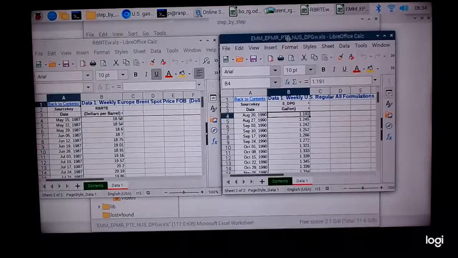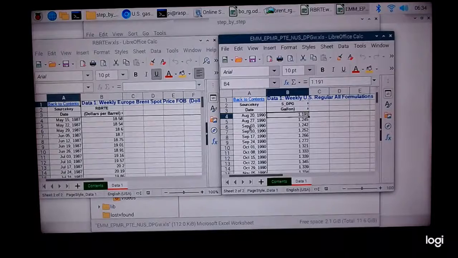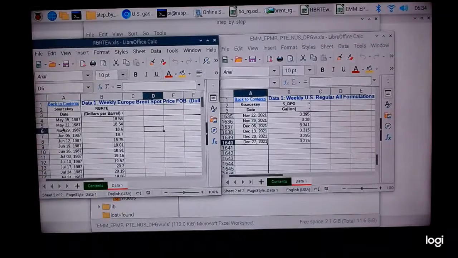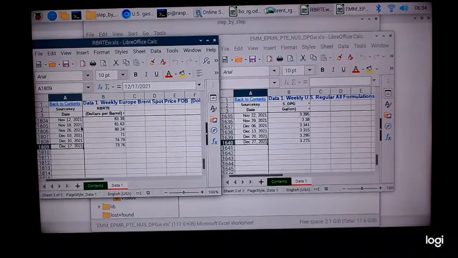We put those side by side. Those are the weekly gasoline prices. Let's go down to the bottom. If we look at our prices, our dates,